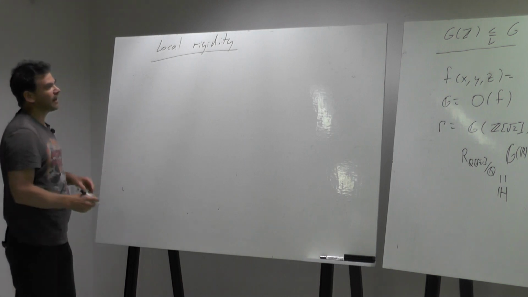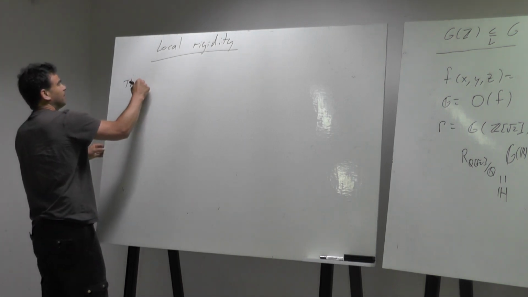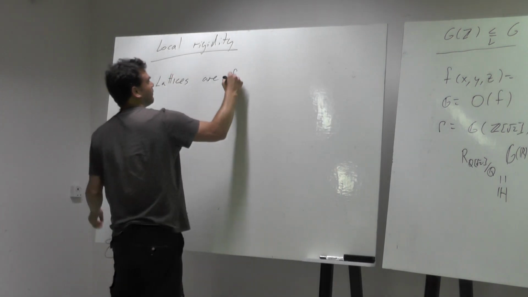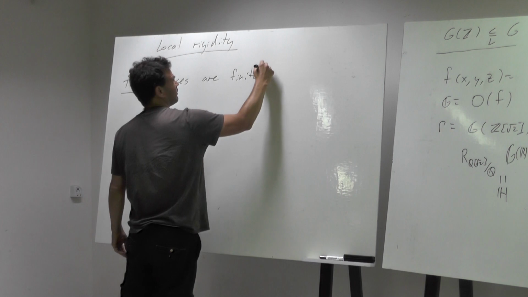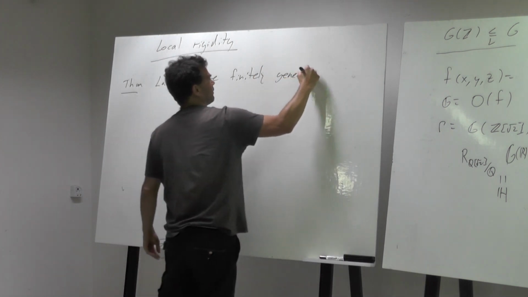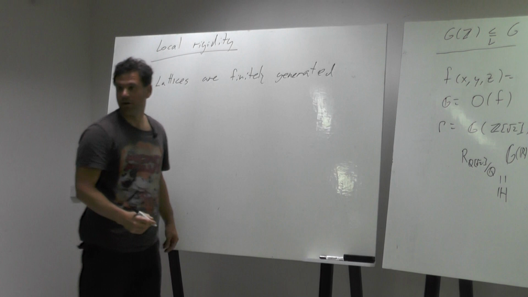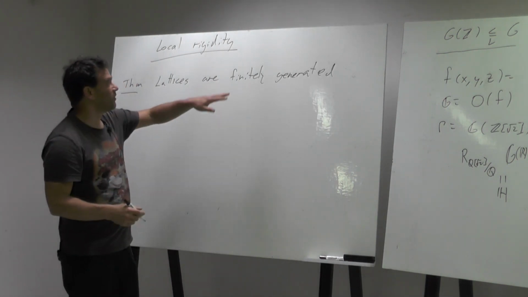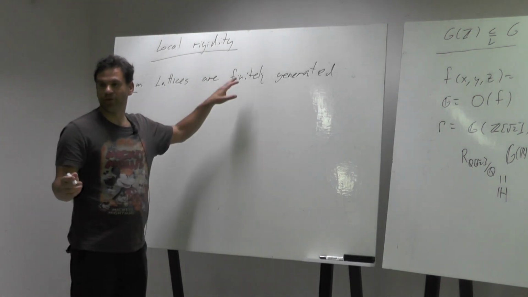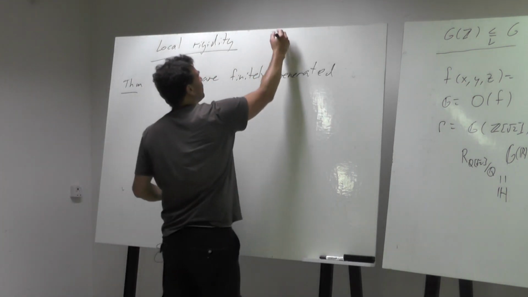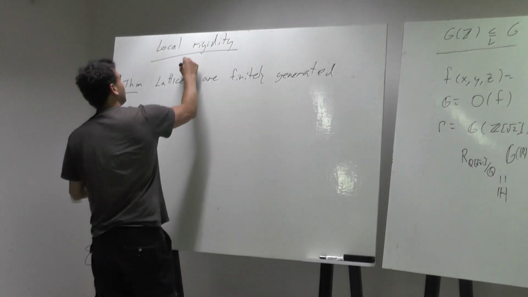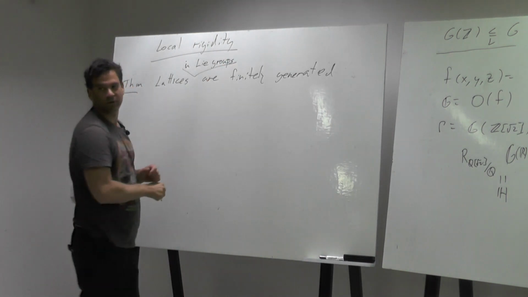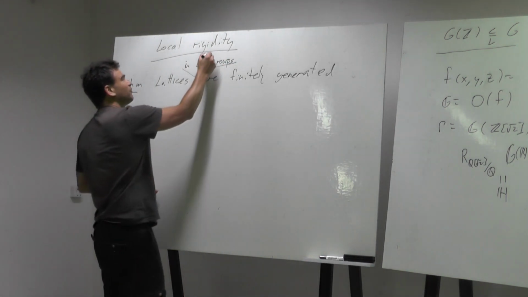By the way, this is another theorem, that lattices are finitely generated. Even though the ambient group is compactly generated? No, it's not true even. There are compactly generated groups with such lattices. Okay, we speak about lattices in Lie groups. Yes, connected Lie groups.